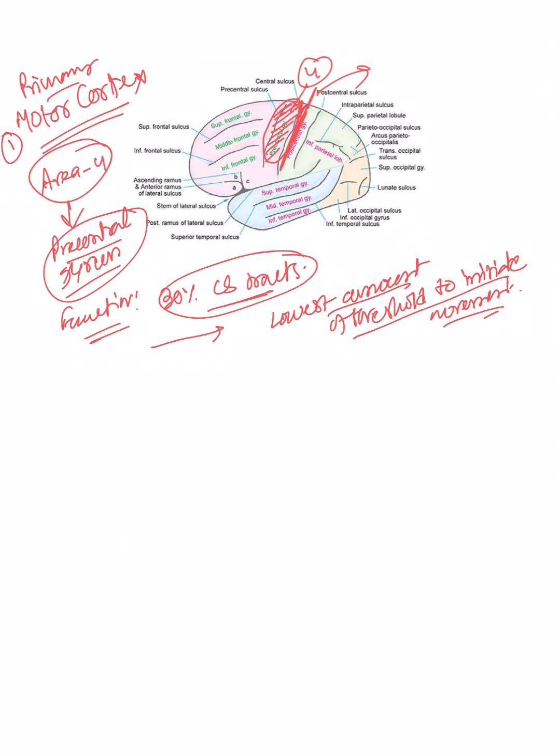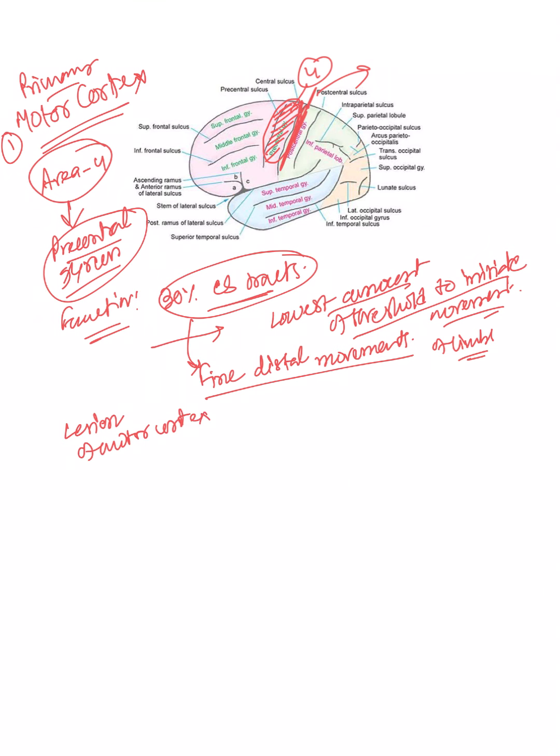So as the corticospinal tracts originate from here, 30%, these are concerned with what? Fine distal movements of hands, of limbs. Okay, so yes, I am talking about physiology. Now I have to talk about medicine. So in a patient with a disease, if you suspect a lesion on motor cortex,